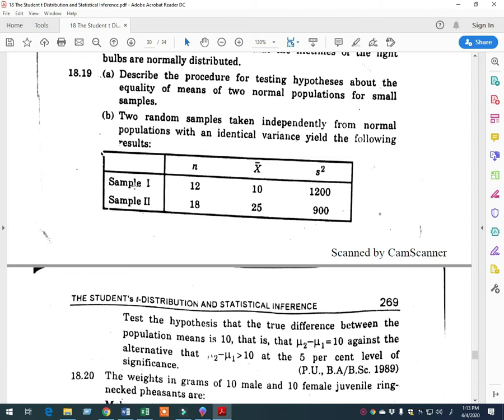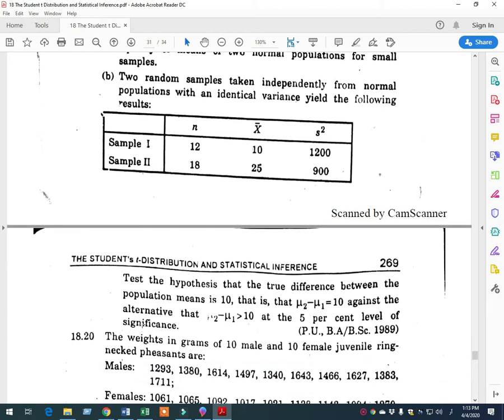In sample 1 we have the number of observations as 12. The mean of these 12 observations is 10, and the variance of this sample is 1200. Sample 2 carries 18 observations. The mean of sample 2 is 25, and the variance of sample 2 is 900. So guys, this is the sample variance, and the question is, test the hypothesis that the true difference between the